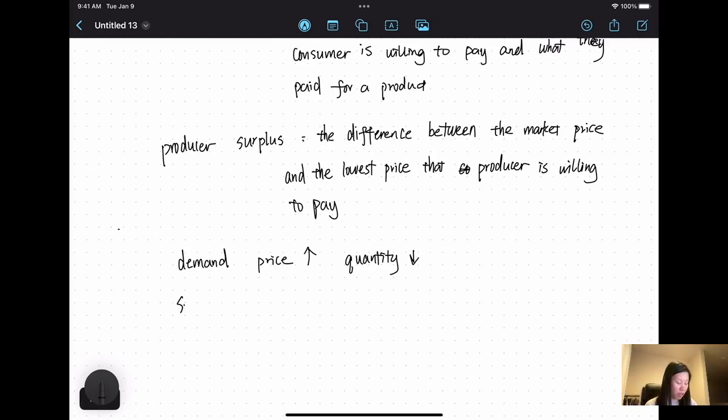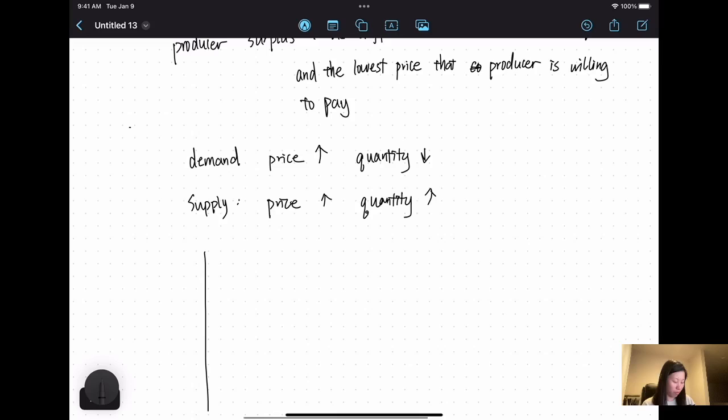And then on the supply side, if the price goes up, you're willing to produce more product. So that means the relationship between the price and the quantity at the supply end is going to be an increasing function. Okay, so now if you look at this graph,